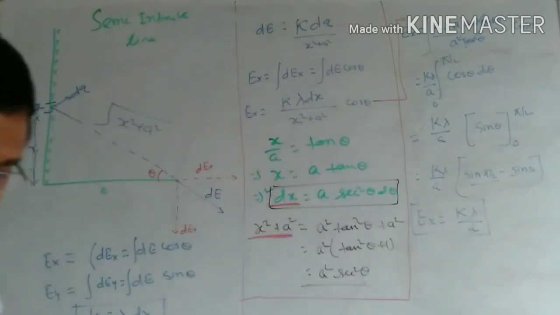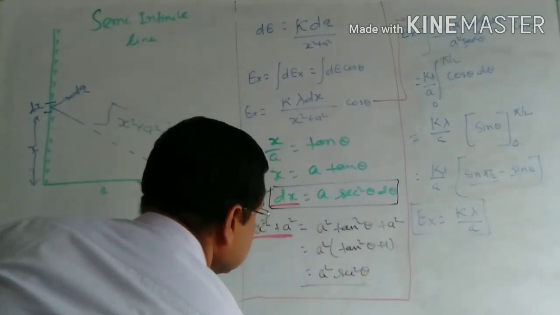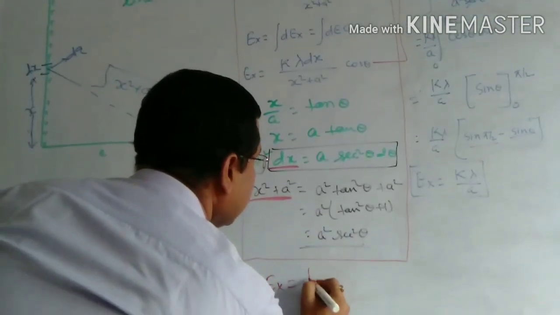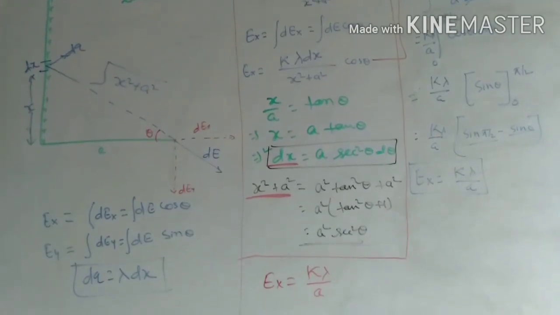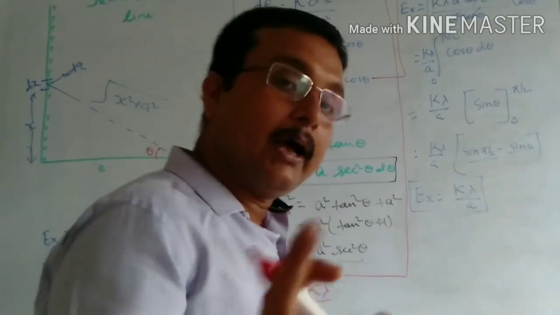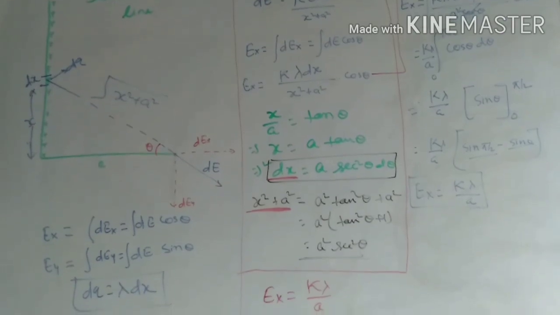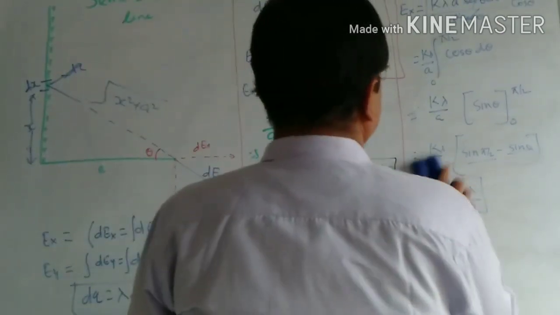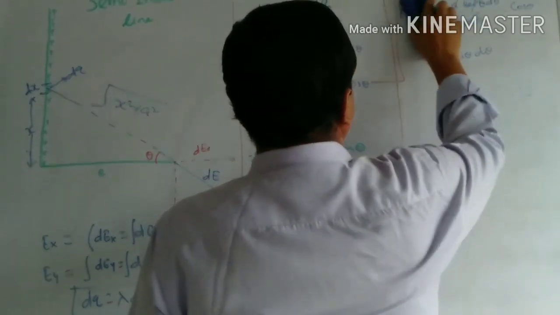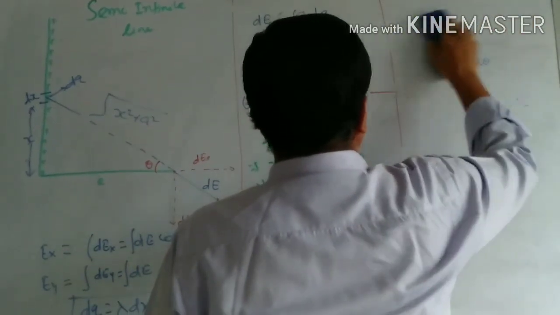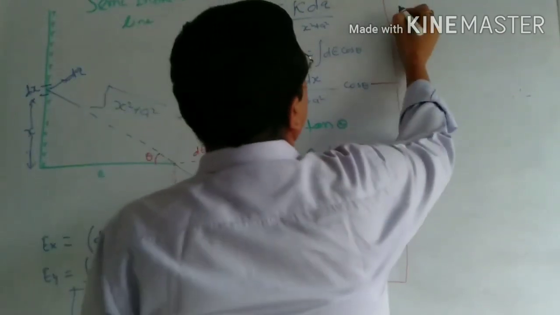So Ex equal to k lambda by a is the value. Just remember here Ex equals k lambda by a. That is the value of Ex. In the same way, we have to find the value of Ey. So just calculate Ey. Now Ex is calculated. So what is Ey? Ey equals to